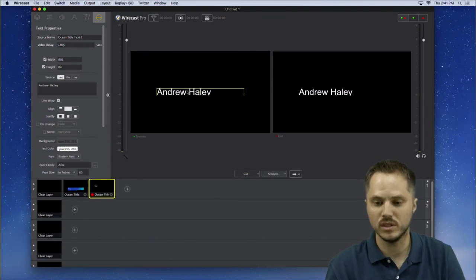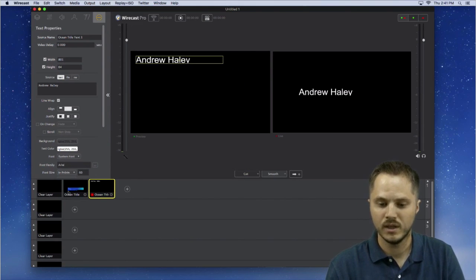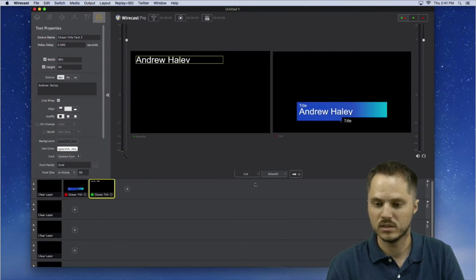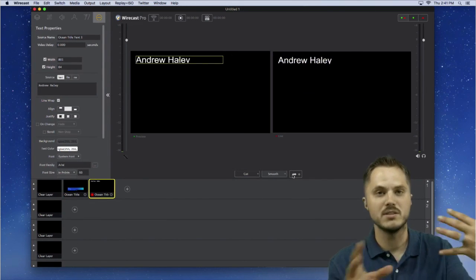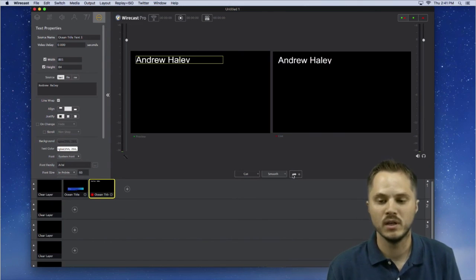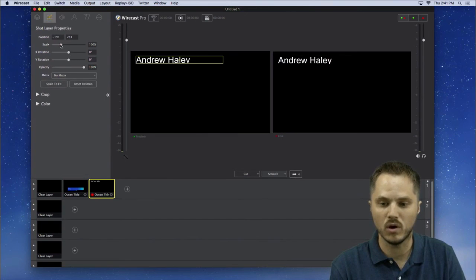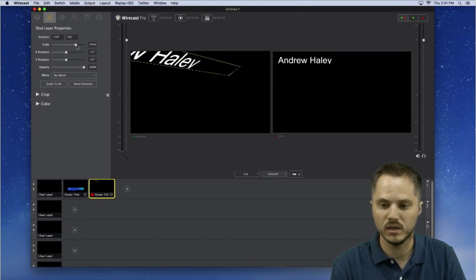So you can certainly move things around, and that's not going to change, just like you can do with other shots. It's totally fine to have the same camera in different spots around the screen, or even make it smaller or larger in a different screen. So if we want to make this one super small, or even rotate it, we could rotate it and flip it upside down, and maybe make it super big.